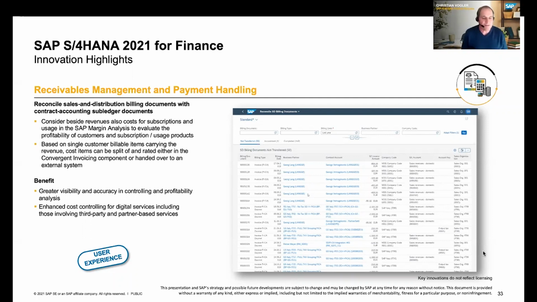This new SAP Fiori app determines the difference between SD billing documents and contract accounting documents, and displays an overview. You have an example here, an overview of the SD billing documents and also brings together the contract accounting documents generated from them. So the next